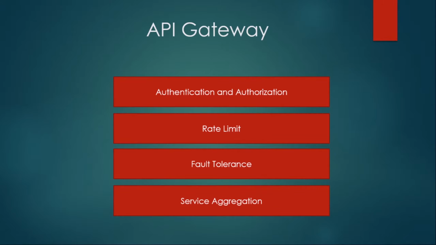And service aggregation. What is service aggregation? Suppose a third party application is using your 10 APIs. You cannot provide all 10 APIs; in real time it can be more. So you cannot provide all the 10 APIs implementation to the third party customer. Instead, you can provide just one endpoint, and internally you can connect with your 10 APIs and provide only a single implementation to the end user or to the third party customer that is using your service. So that's called service aggregation.